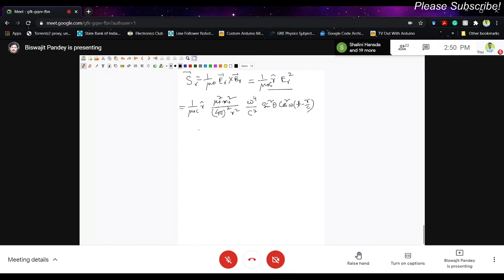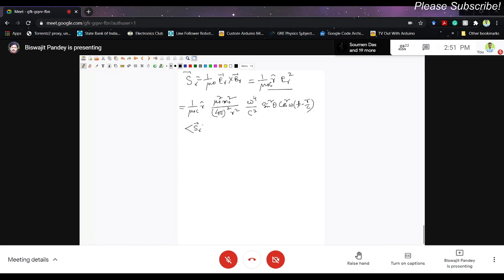And if I ask you to calculate the time averaged value of the Poynting vector, time average means you take an average of the Poynting vector over a time period, 0 to capital T. If you integrate cos square of omega t minus r by c over the entire time period, you will get a half factor from that. So it will become, you see, r cap mu 0,